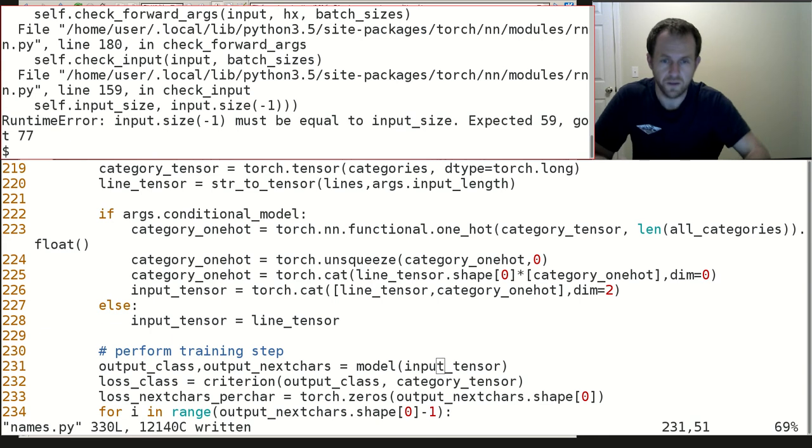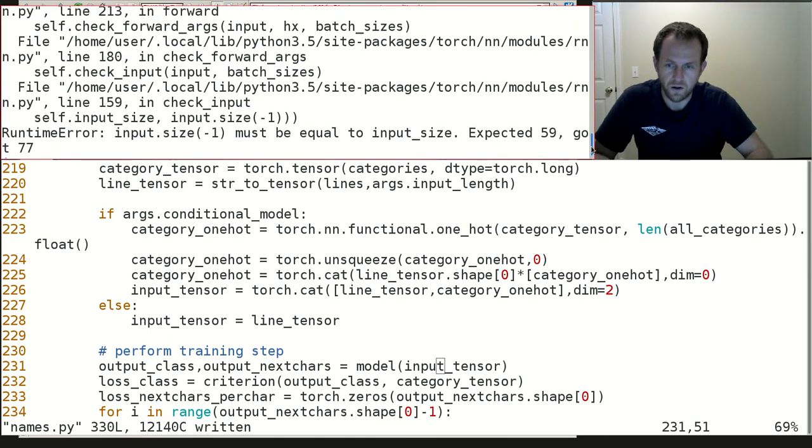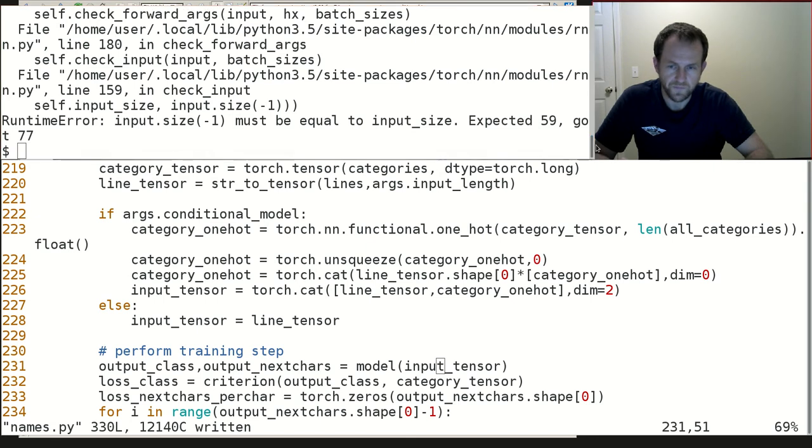Crap happens. Python barfs at us some error message. Input size -1 must be equal to input size expected 59 got 77. Okay, so these numbers are jumping out to me right now, as 59 is the length of our vocabulary. I've seen that number before a lot. And then 77, I think, is the length of our vocabulary plus